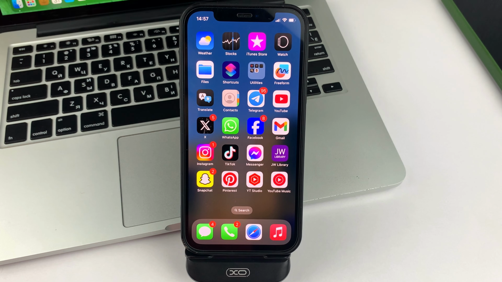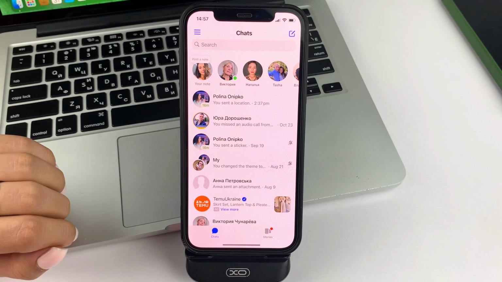I will say right away that for many people it can be a problem, difficulty or worry how to send photos to Facebook Messenger application so that they do not lose their quality and do not shrink. And now I'm going to show you a very simple method on how you can do that.